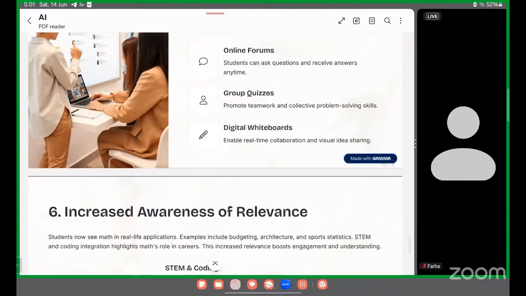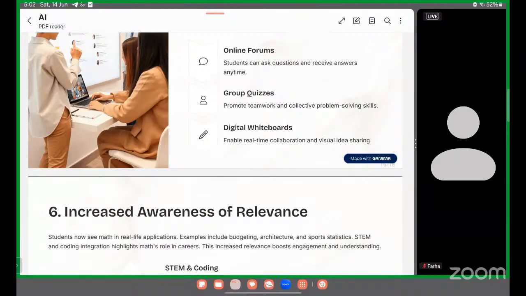The next one is increased awareness and relevance. Students now see math in real-life applications. Examples include budgeting, architecture, sport, and statistics. STEAM, like science, technology, engineering, and mathematics, and coding are integrated to highlight math careers and increase relevance, boosting engagement and understanding. So STEAM is important, and real-life applications of maths.